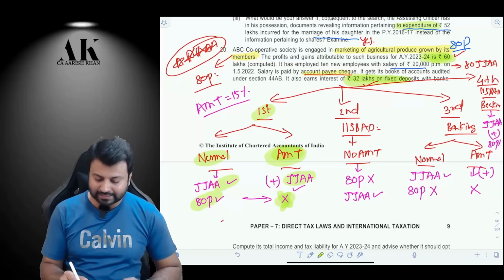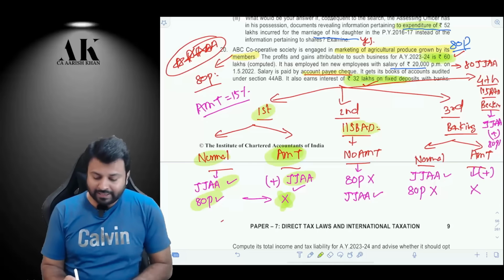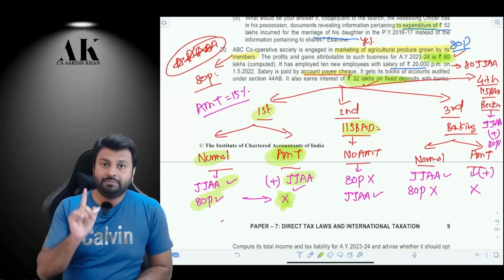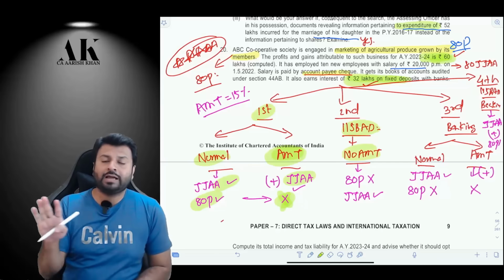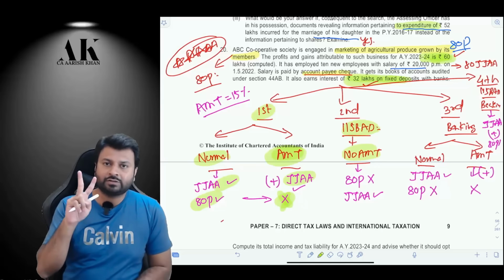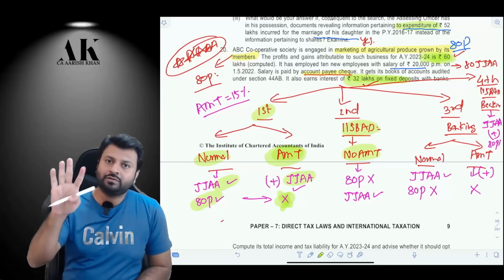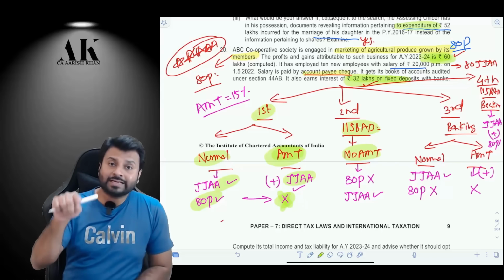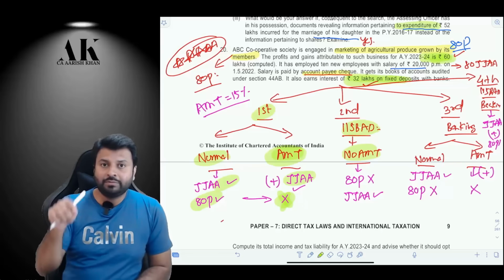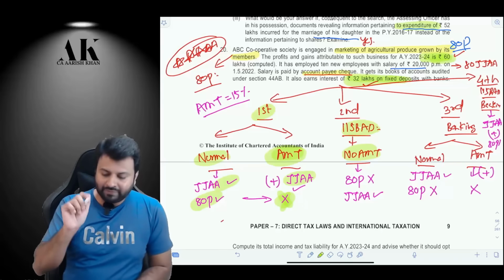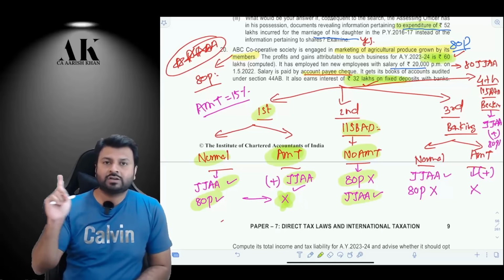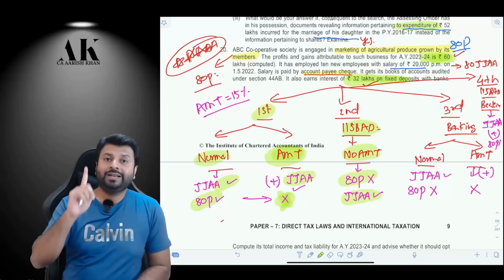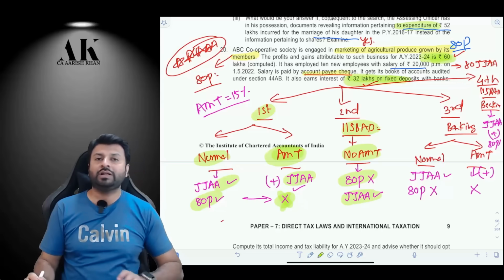Next, you will compute tax as per 115BAD. When you compute tax as per 115BAD, be very careful. You will not compute AMT because an assessee opting for 115BAD is not liable for AMT. The 115BAD tax rate is 22%, 10% surcharge, 4% cess. Now, when you compute income as per 115BAD, you will get 80JJAA, but 80P is not allowed. Only one Chapter VI-A deduction is allowed in 115BAD, that is 80JJAA. 80P is not allowed in 115BAD.